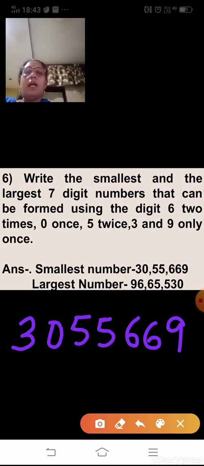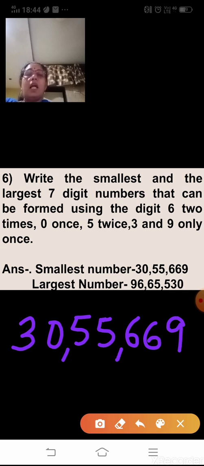Now place the comma here. So this number is read as 30,55,669. Same way, while forming the largest number, 9 will be at the first place, then 6 two times, then